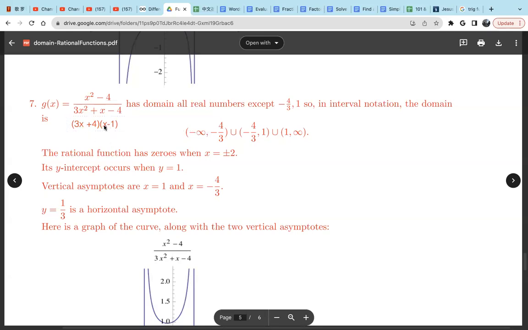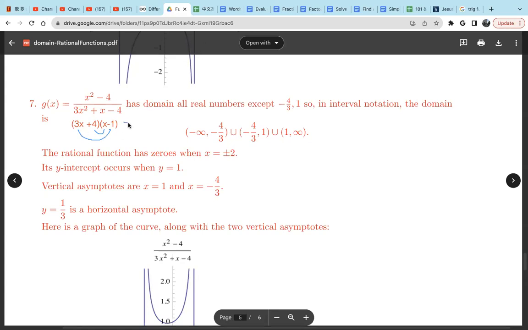Because 3x times x is 3x squared. 4 times -1 is -4. The middle term comes from 4x minus 3x, which is +1x. Right. To solve this, we get,